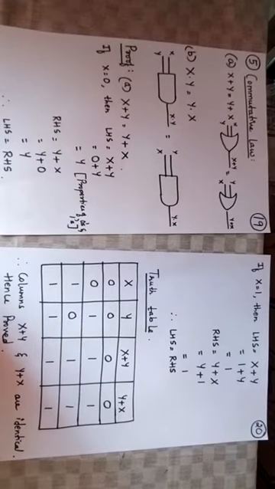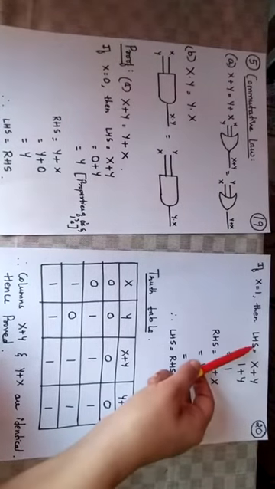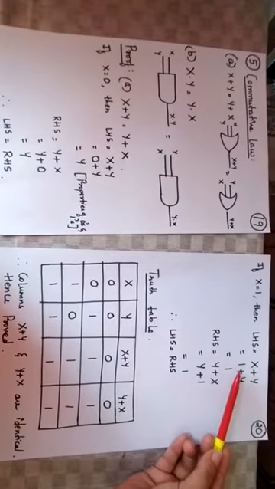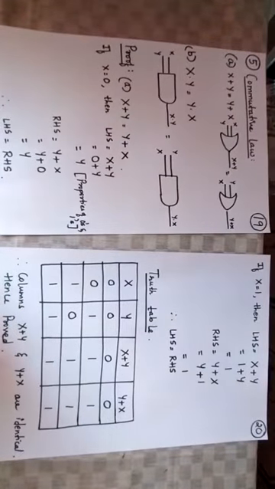Now next we'll see by substituting the value of x with 1. Then we'll take the left hand side, which is x plus y. Now substitute the value of x with 1. So x is substituted with 1, plus y. So 1 plus y results in 1. This is again because of the properties of zeros and ones.